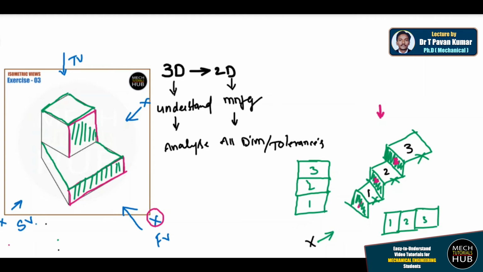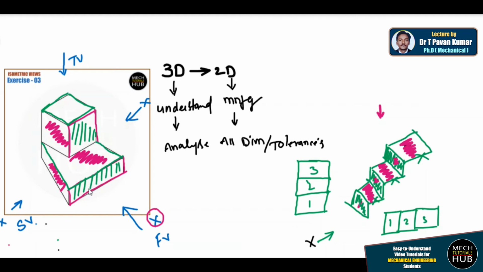Similarly, again I'm repeating, when I view from the front, these faces or these thicknesses are not at all visible from that far distance. That is the reason those will collide with each other. The same thing is happening here. We are unable to feel or estimate this distance, it is not at all visible from the front, so we feel that these two are colliding with each other. In the same way, when I view from the top, this distance is not visible, this distance is also not visible, so these two will be in contact with each other.